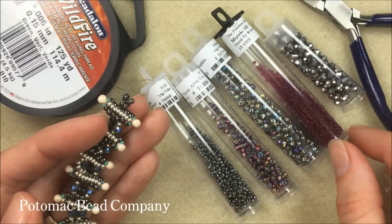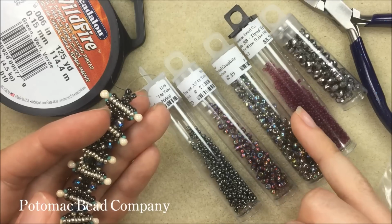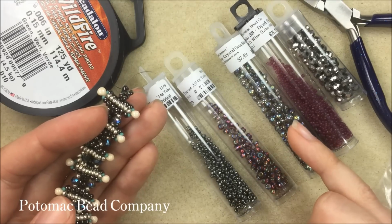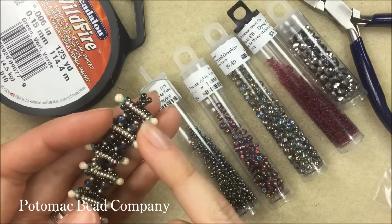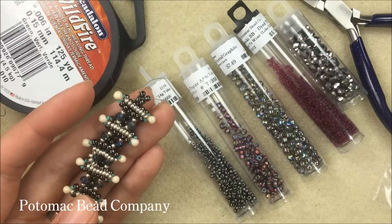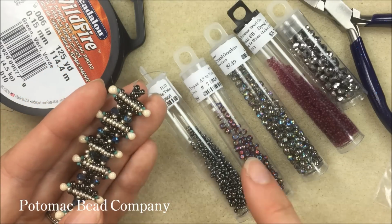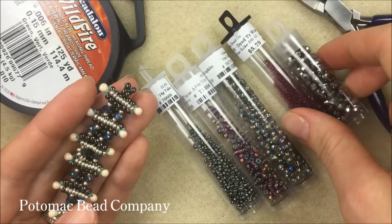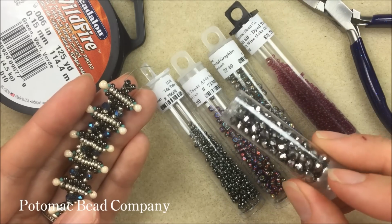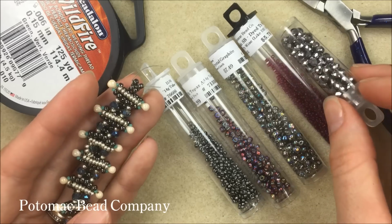I'm going to be using the Dye Transparent Wine in a 15. And for my drop, I'm using another one that's a check coating. I'm using the Crystal Graphite in the drop. That's going to become the little fringe on the bracelet. For my crystals that are in the middle, they're going to have the hematite or the chrome here on the sides. I'm going to be using the light pewter in the Potomac Rondelles, which are 3x4mm rondelle crystal that we